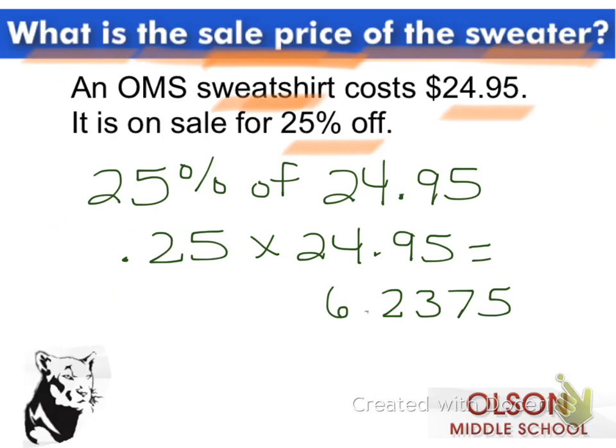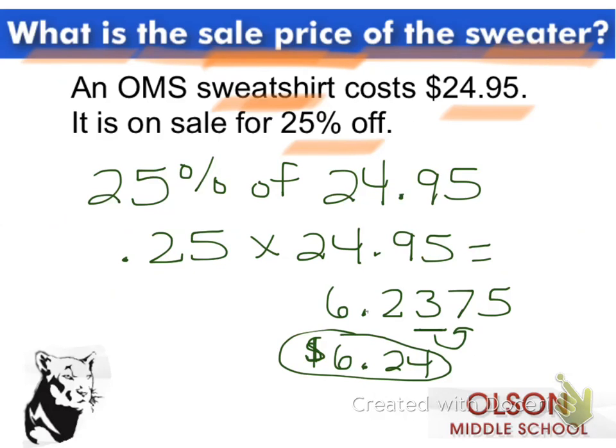So when you get this really big decimal, you know you're dealing with money, so you need to round to the nearest hundredths. I look one to the right and it's a 7, so I know I need to round this to $6.24. Now make sure you are being a good problem solver and you are asking yourself, what does this $6.24